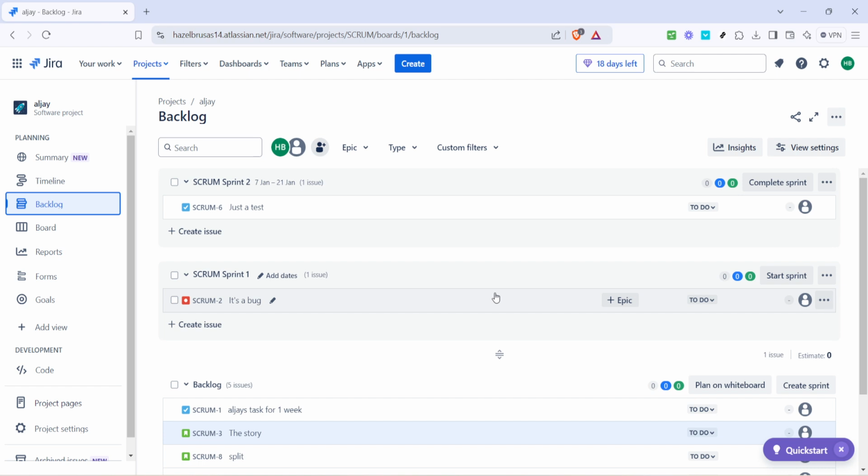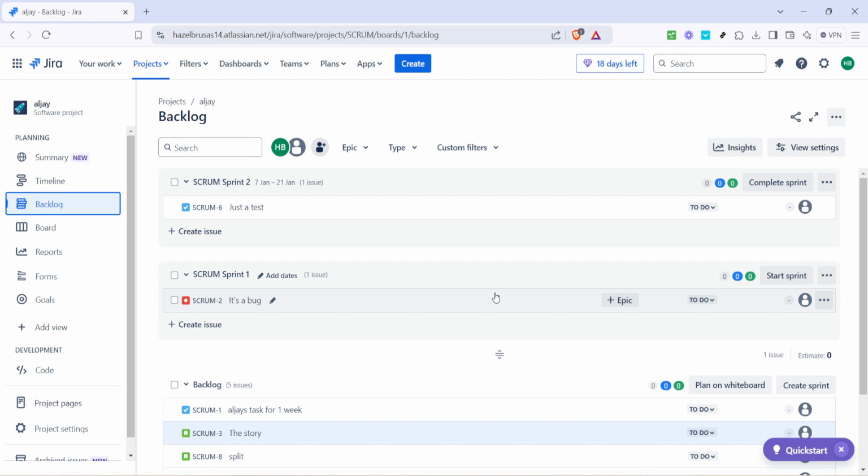Before we wrap things up, let's touch on a couple of helpful tips to make the most of your backlog view. First, make sure you're using the filters available to focus on what's important at any given time. This can be crucial when managing large numbers of tasks or when you're pressed for time. And if you're working within a team, be sure to update the status of tasks regularly. This makes sure that everyone on the team has the most up-to-date information and can help avoid redundant work or confusion.